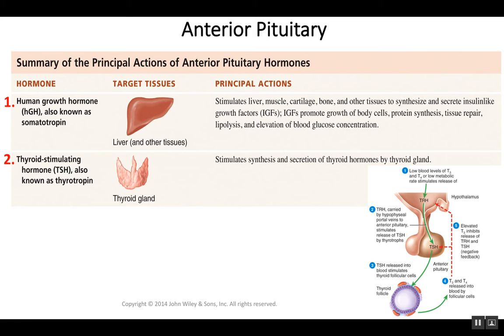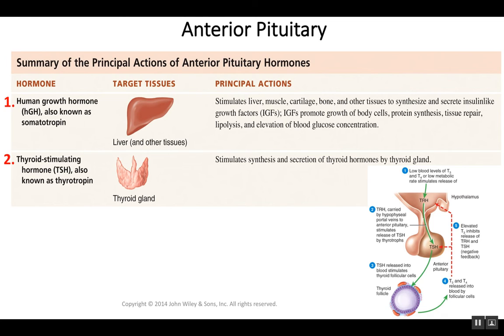These growth factors are known as insulin-like growth factors. It is then these growth factors that promote growth of the body, protein synthesis, tissue repair, lipolysis, which is breaking down of fat, and elevation of blood glucose levels. All these functions